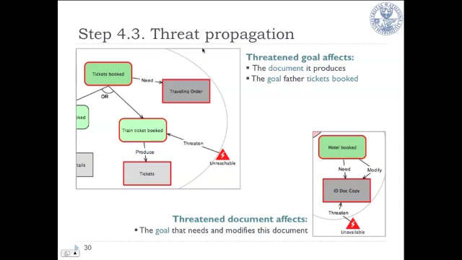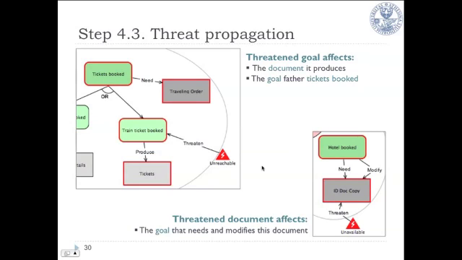When it comes to threats, we want to see how a given threat that we have modeled, affecting goals or documents, affects the rest of the stakeholders' assets. For instance, when this goal could be unreachable, so if train tickets booked is threatened, then if this goal is not achieved, also the document that it produces after the achievement of this goal would be affected. And also, if we assume that the travel agency service would select this alternative to have tickets booked, the further goal would be